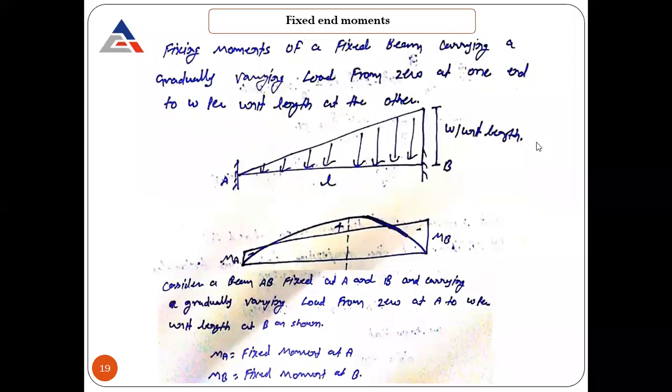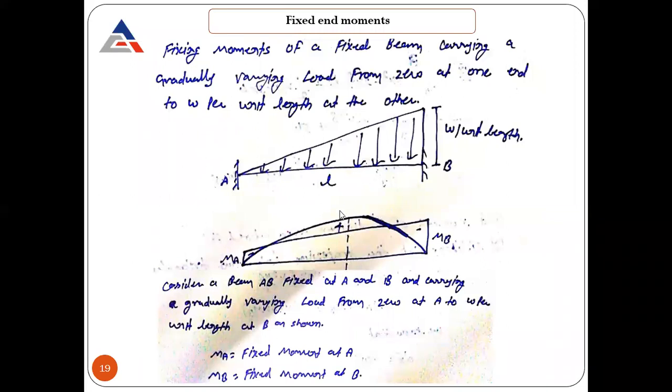So the next case for calculation of fixed end moments is the case of uniformly varying load. If the load is uniformly varying, means one end is 0, the other end value is maximum, which is W per unit length. So as you can see in this particular case, if you are going to draw the bending moment diagram, obviously it's a third-degree parabola, or you can say a cubical diagram will be there. And the fixed end moment is also going to be different, because at this point the moment will be more compared to this point. So their diagram will be again the same as we have seen in the previous cases also. It's a trapezium kind of diagram.